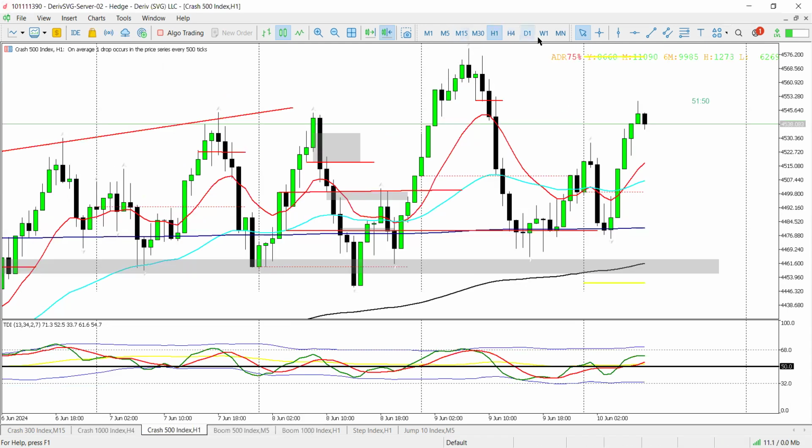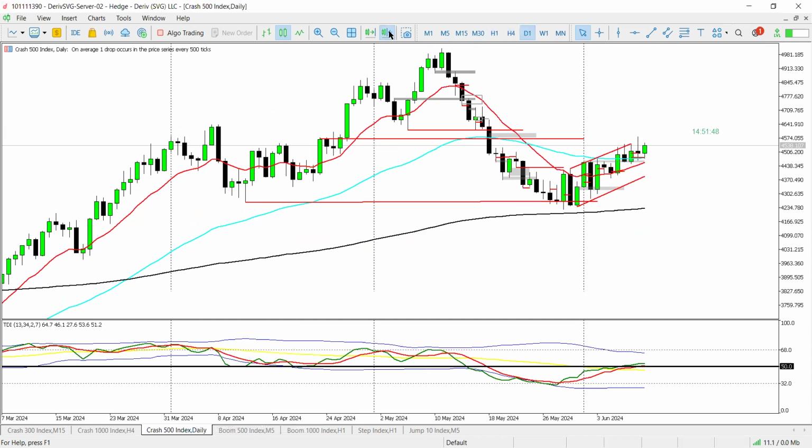Then C5, what do we have on C5? It's a pity yesterday I did not participate here. This was a nice drop from this high here. So let's see. Oh, actually, this is the daily. Okay, my bad. But anyways, we've got this channel going up,